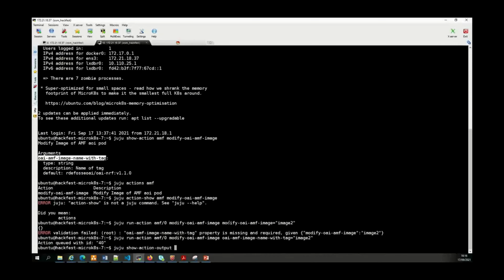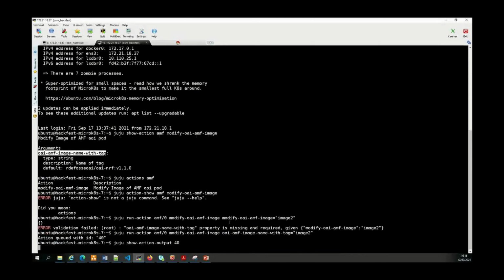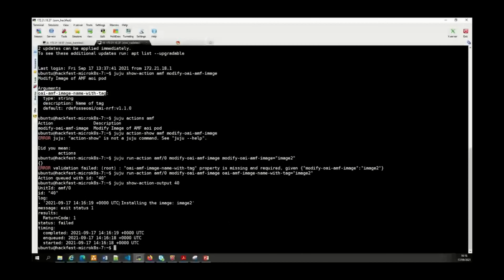So there's the ID of the action in Juju, and you can see that it has tried to install, or was planning to install, the tag of IMF called image2, and that it did not perform. In order to integrate that into